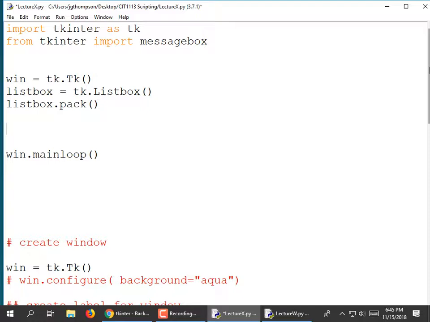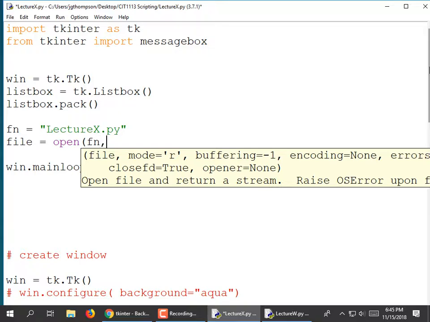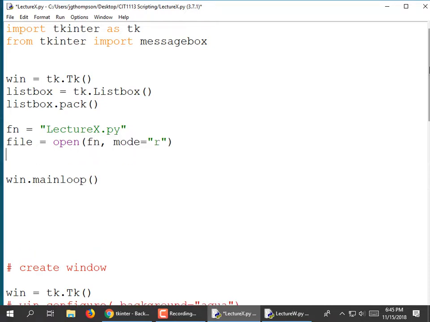So we're going to open a file. Let's just open the name of this file, right? Because we know it's here. So fn, short for file name, is equal to lecture x.py. Get it exactly right to what your program is called. And then file is equal to open(fn, mode='r'), because we're reading our file. Now we're just going to have a good old for loop. For line in file, colon,